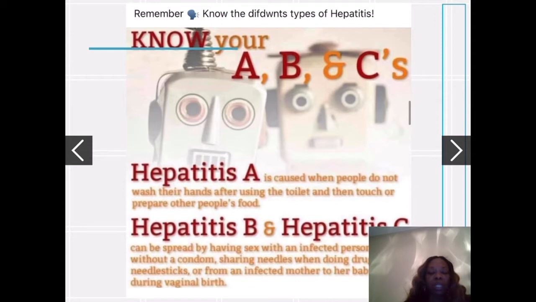And then you have hepatitis B, and hepatitis C can be spread by having sex with an infected person without a condom. It can be spread by sharing needles or during a needle stick for an employee that's working at the hospital, or from an infected mother to